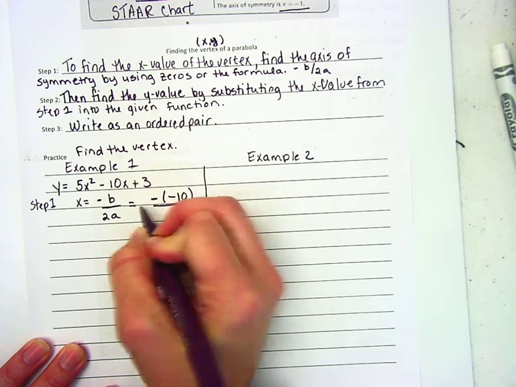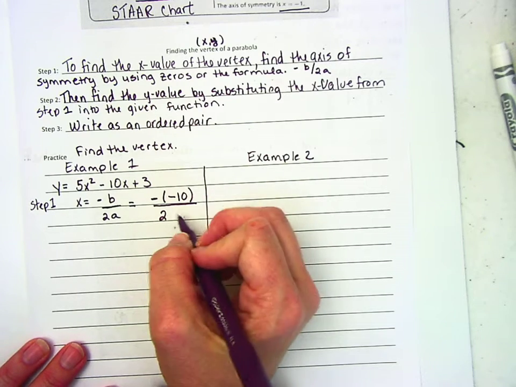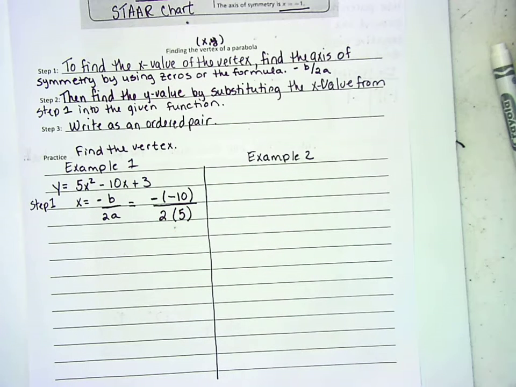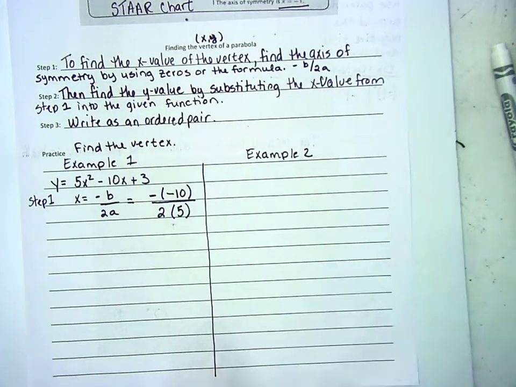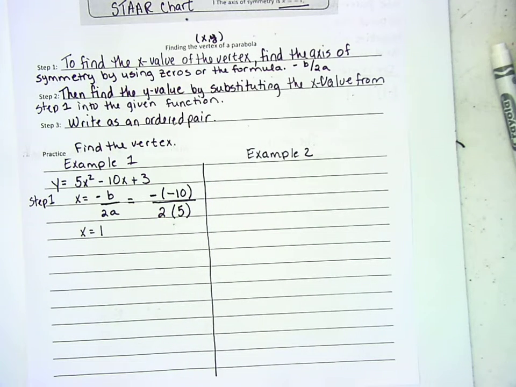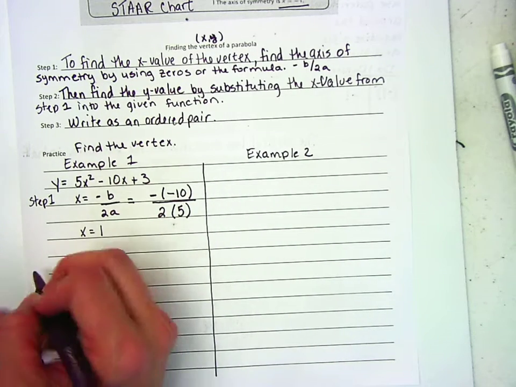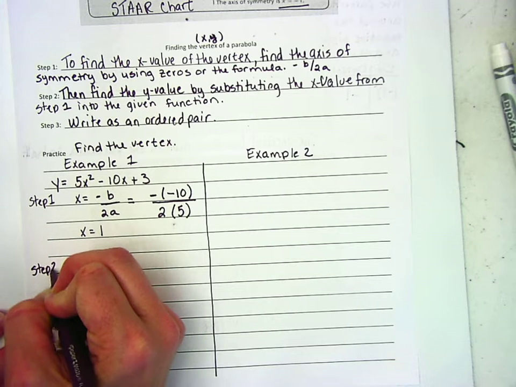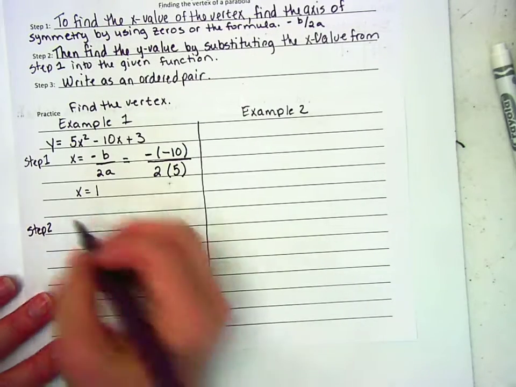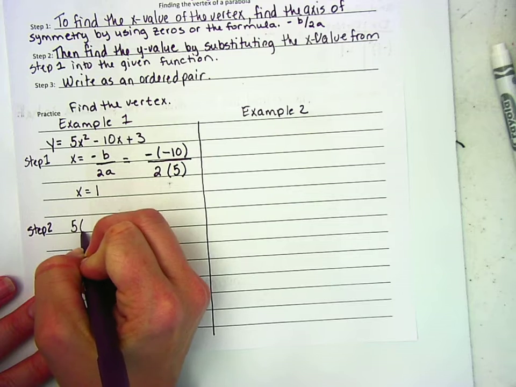And yeah, it simplifies easy. 2 times, what is the value of a? 5. Okay. Negative times negative 10 gives me positive 10 divided by positive 10. What is the value of x? 1. Step 2. I'm going to take my x value, substitute it back into the formula. This one's pretty straightforward. I have 5, open parentheses 1,